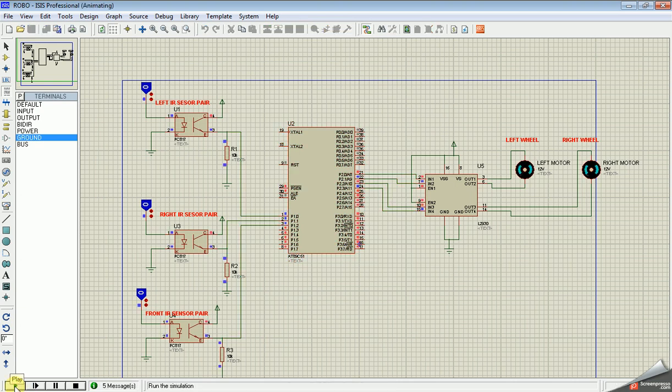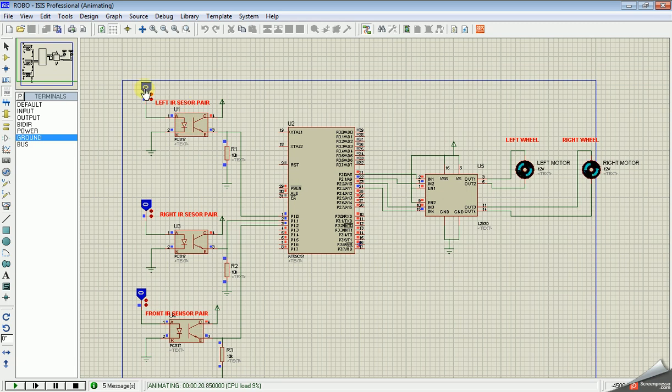By default, as I told initially, whenever you switch on power, both the motors, the left motor and right motor, will rotate clockwise. That is, now the robot is moving in the forward direction. That means left wheel and right wheel are both clockwise. Suppose there is an obstacle at the left sensor here.